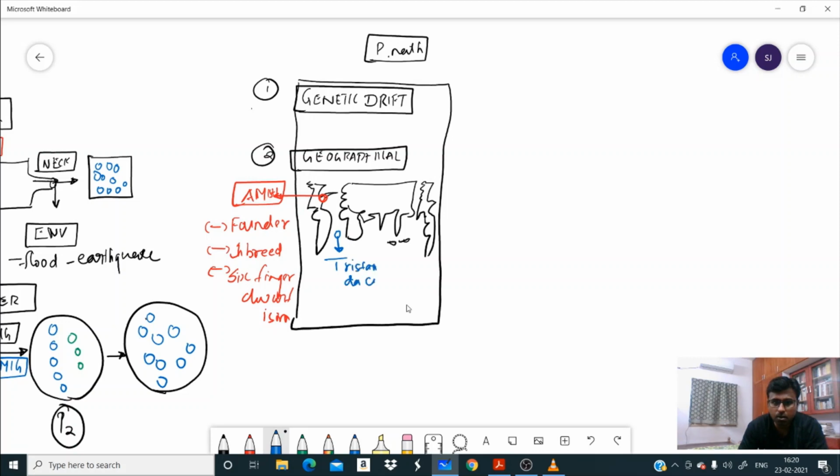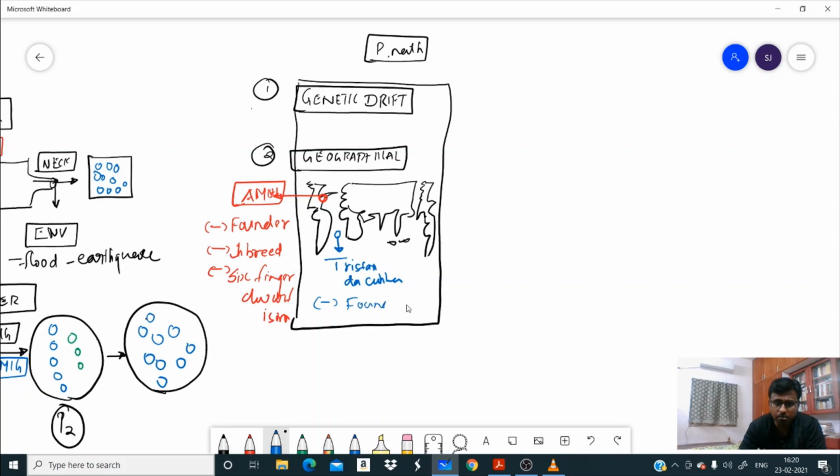Tristan da Cunha. What is this Tristan da Cunha? It's a wonderful story. It is an island very near to Saint Helena, which is the island where Napoleon was incarcerated after his Battle of Waterloo, and he was present there till his death. But here, the British had a battalion present, and this battalion had something called